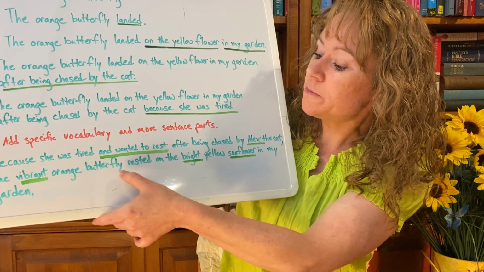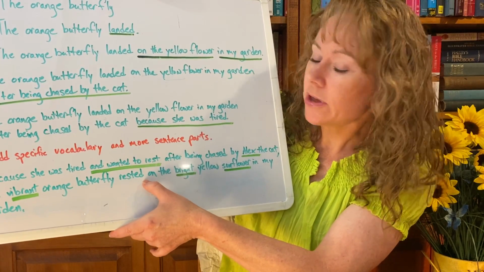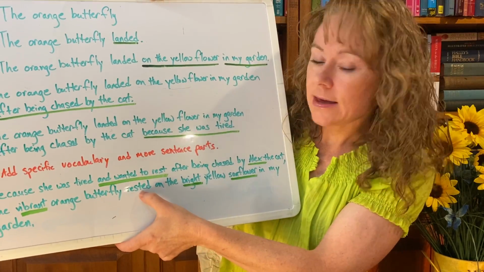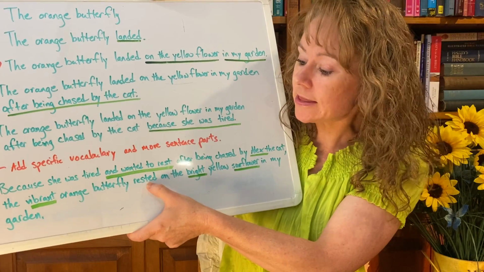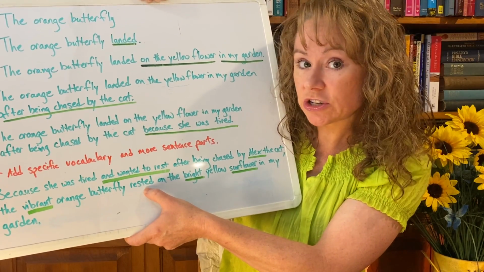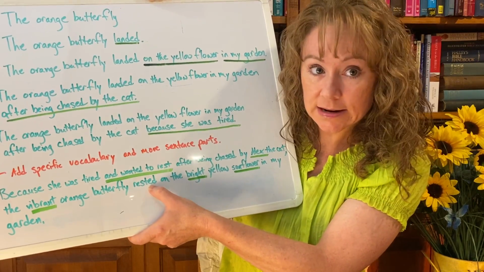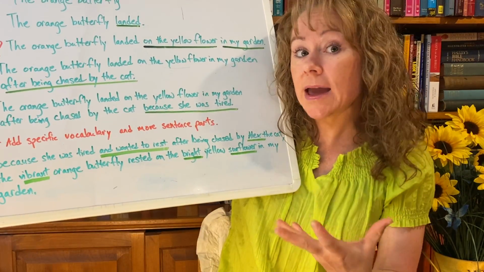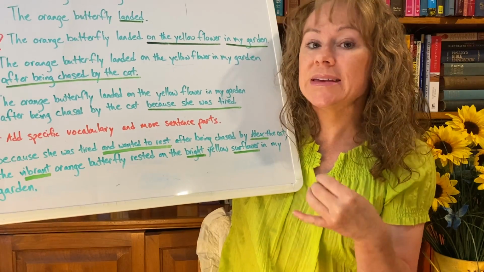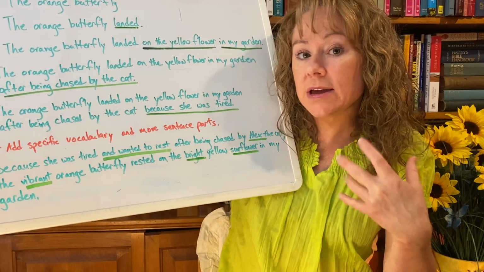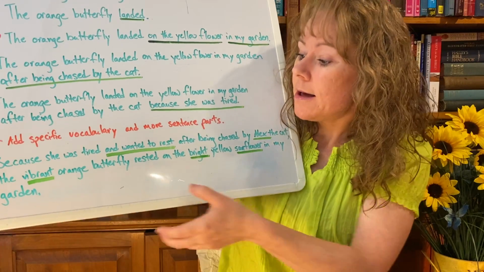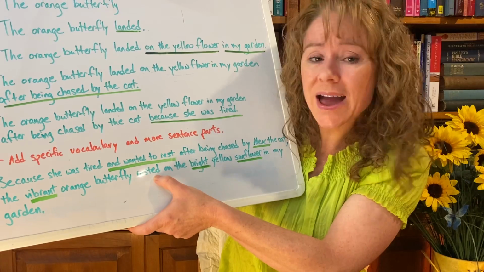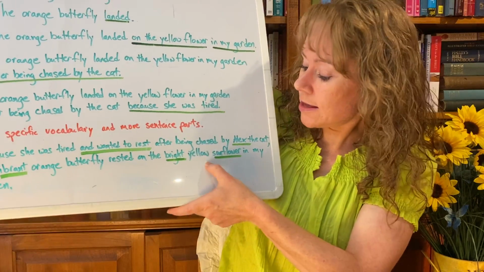The vibrant orange butterfly rested. Okay, what did we change here? We did have landed. It's just a personal preference that I switched landed for rested because I felt that it was more specific to describe the action of the butterfly, because land can be in many different ways for many different reasons. But this butterfly was tired and she wanted to rest, so she rested on the bright yellow sunflower